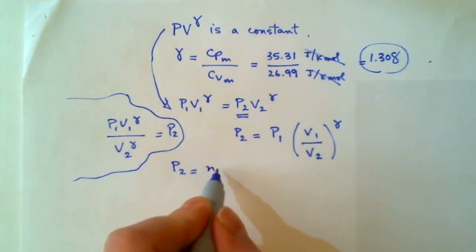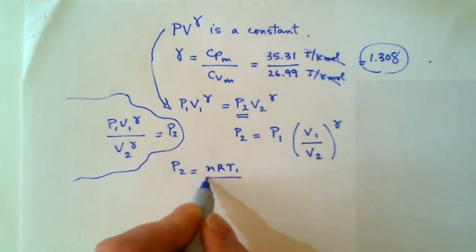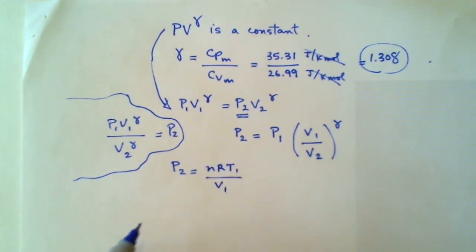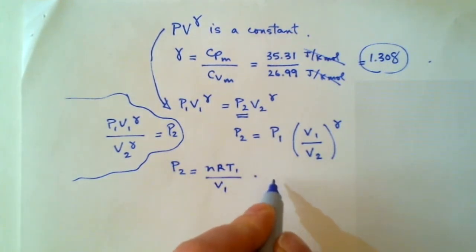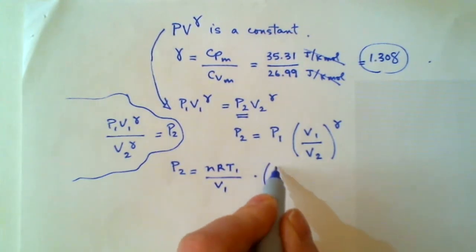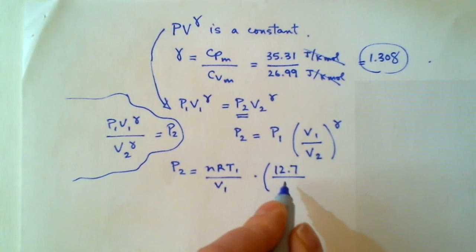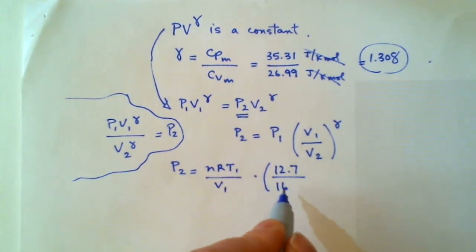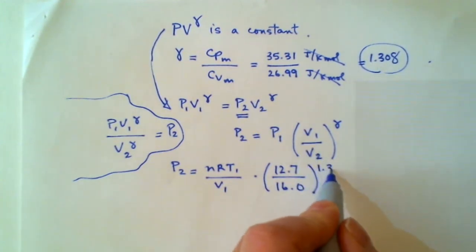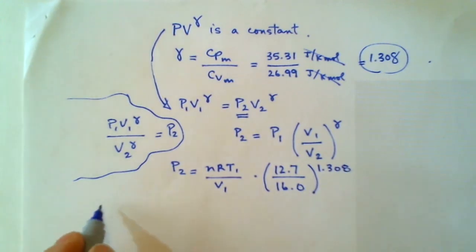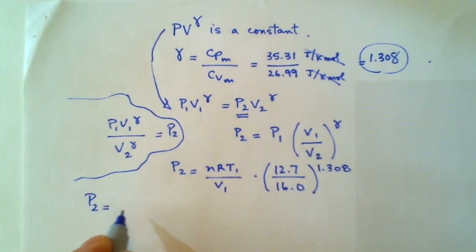We don't. It's equal to nRT1 over V1. And then I've got V1, which I do know, 12.7. V2, which I do know, because I add 3.3, which is 16.0. And that's raised to the power of 1.308 because we just found out what gamma is. So P2 is equal to number of moles. We just did that. What did we get? 0.280